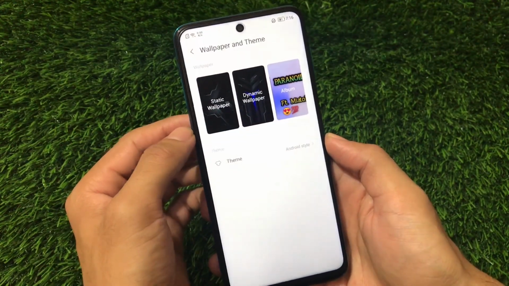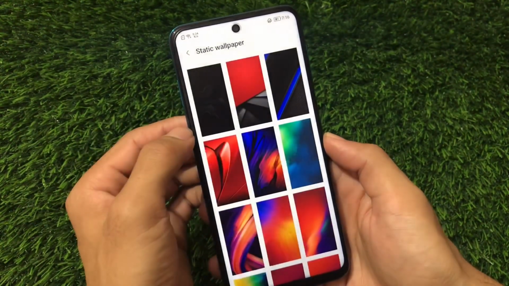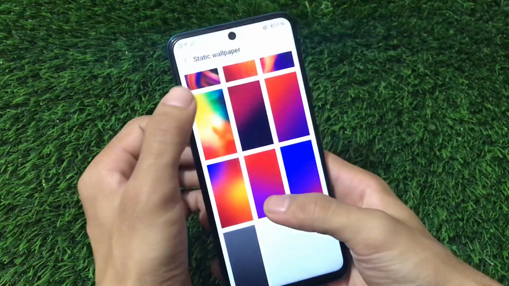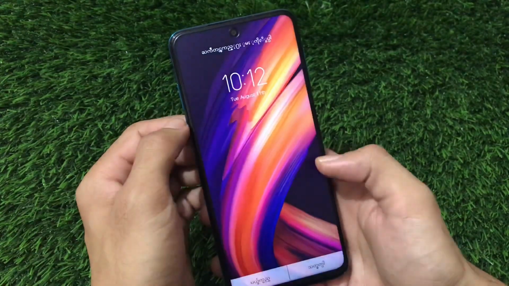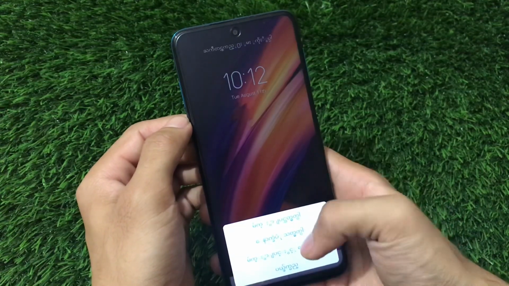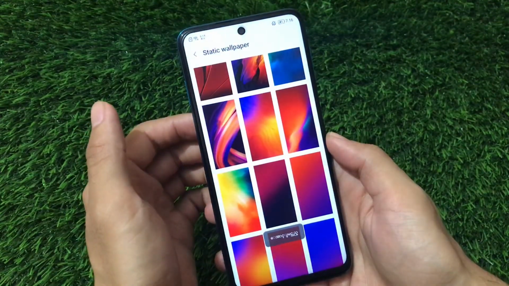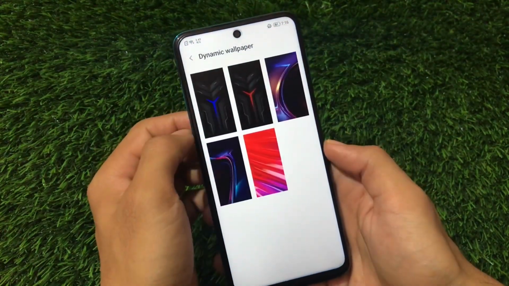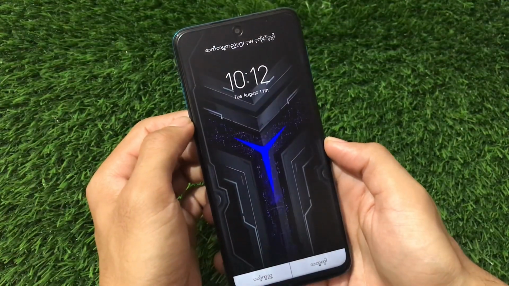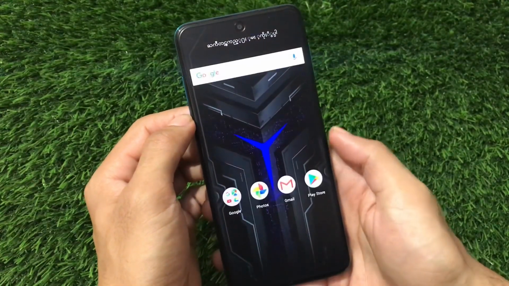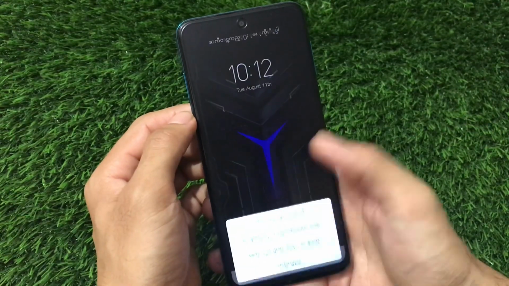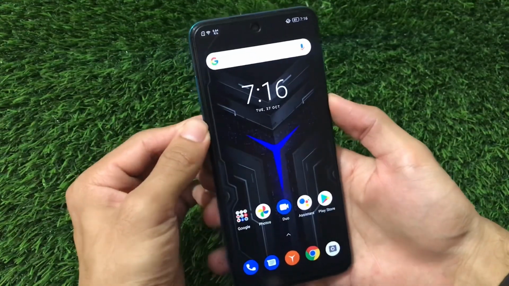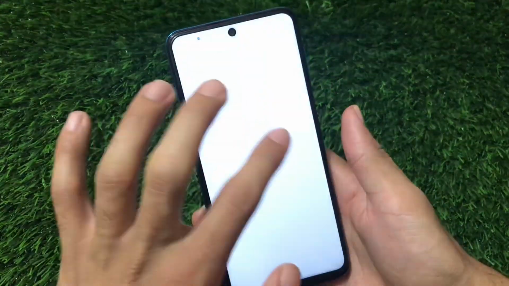Also, we have the wallpaper and theme options available, which have static wallpapers. It looks amazing. We have a lot of static wallpaper options. As you can see, these are some cool static wallpapers which you get here by default, and yes, you can enable them directly by going here. And these are in some Chinese language, or I don't know which language this is, but we have a very cool dynamic wallpaper option available like this. You can see this looks amazing. You can simply set this as your default one if you want to. So just click here, click here, and if we go to our home screen, you will see this effect here. By the way, you can set this wallpaper by going directly into settings.